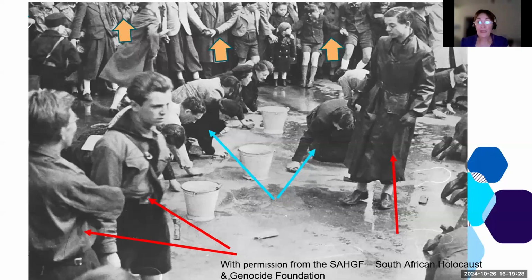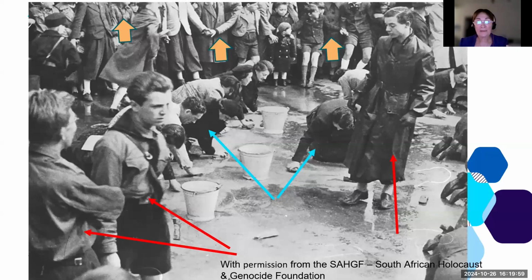Now, from this picture, you are watching the bystanders. We can't tell what they're thinking. I mean, some of them might be laughing and thinking this is funny or hilarious, and some of them might really be horrified and think this is terrible. Or it might even be your aunt or your cousin who has to scrub the streets. So we can't tell what they're thinking, but we can tell what they're doing.